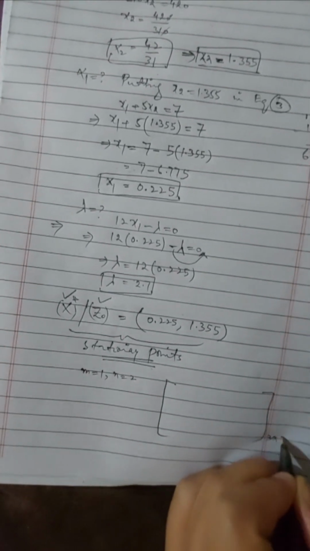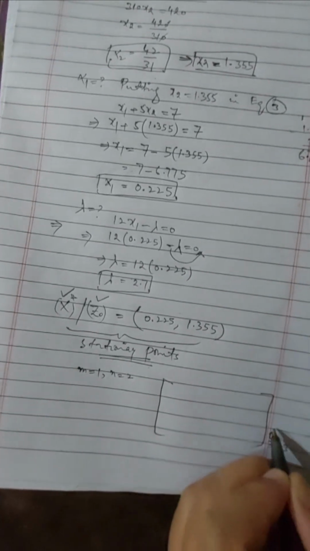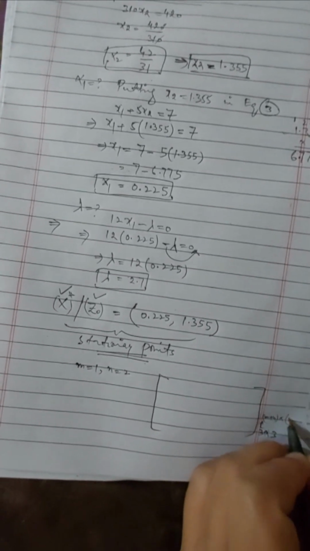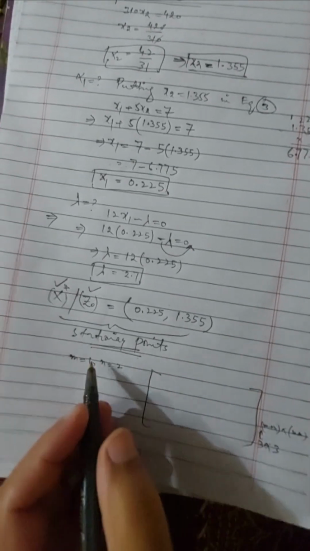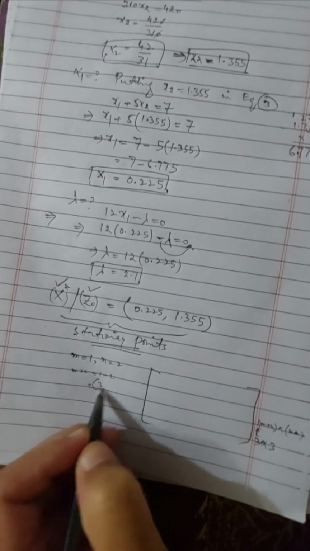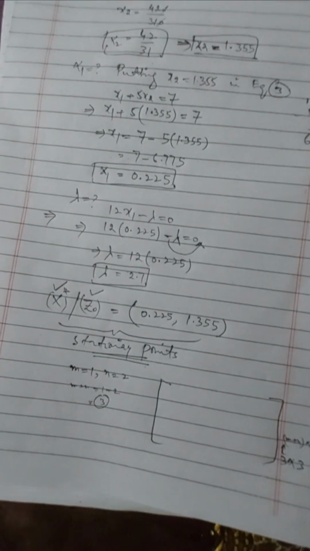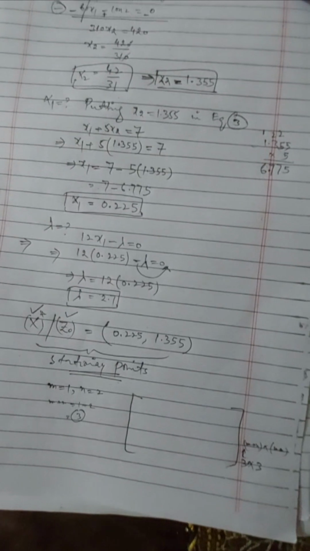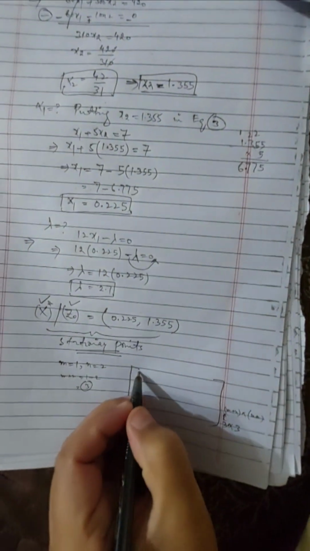a 3 cross 3 matrix. This 3 we get from m plus n cross m plus n. So m plus n is equal to 1 plus 2, which is equal to 3. So this will be a 3 cross 3 matrix, and in this 3 cross 3 matrix, the first point